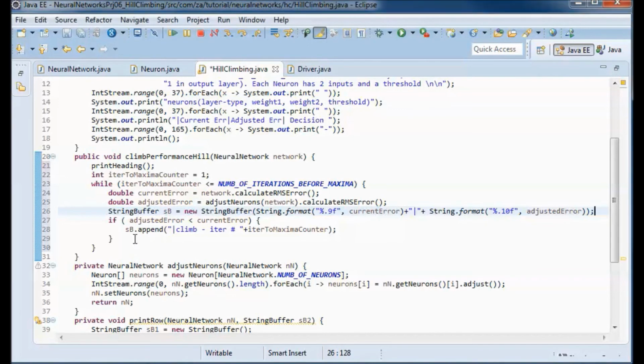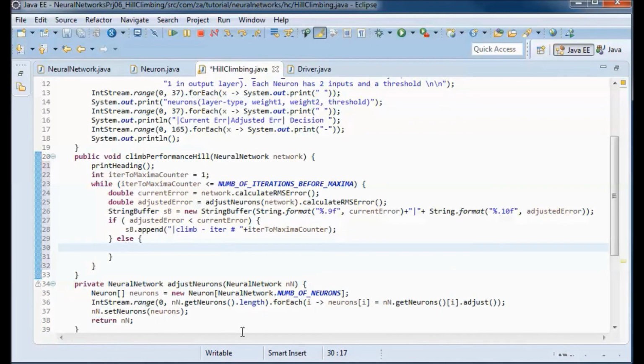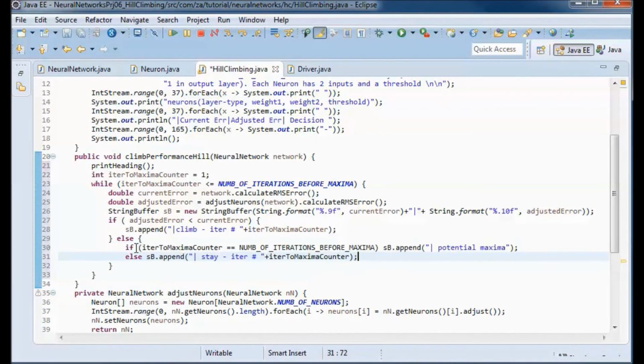And if the adjusted error is bigger or equal to the current error, then we have two cases possible. Either we have reached a potential maxima if the iteration to maximum counter is equal to the number of iterations before maxima.